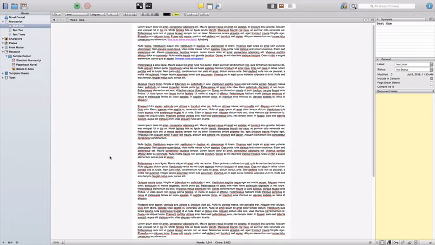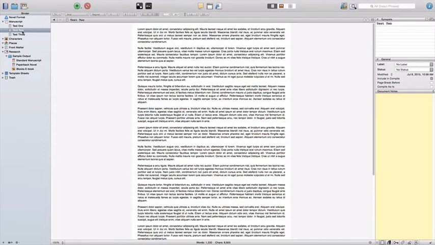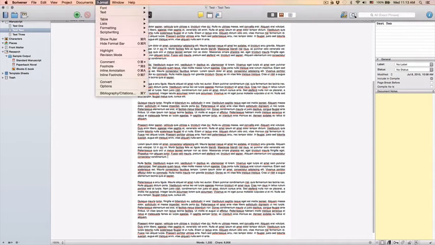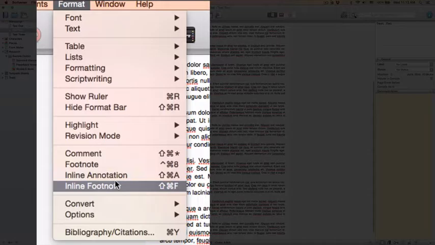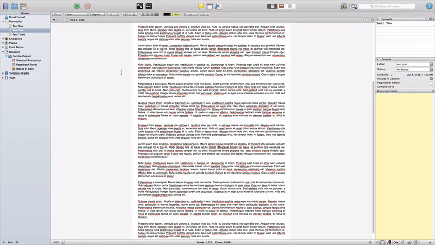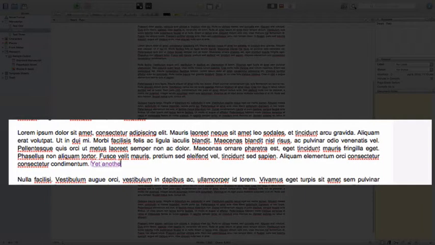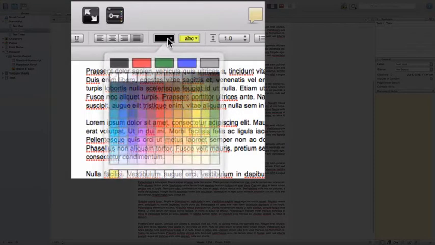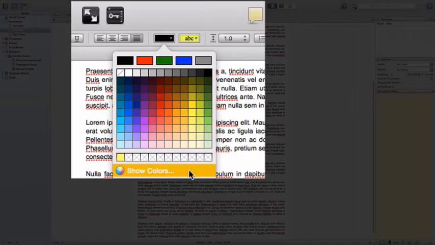What we're going to do now is add more inline annotations. So I'm going to go to our next document and pick a random place, and go to Format, Inline Annotation, and I'll put "yet another annotation." Now I'm going to click in it, go up to the colors, and go down to the bottom where it says